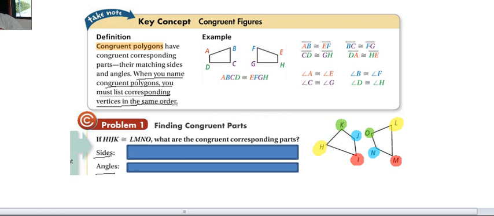I is the same thing as M. Those are the second ones. So all the angles that I have in common are these ones that I just highlighted. So I can say H is congruent to L, I is congruent to M, and J is congruent to N, and K is congruent to O, all the ones